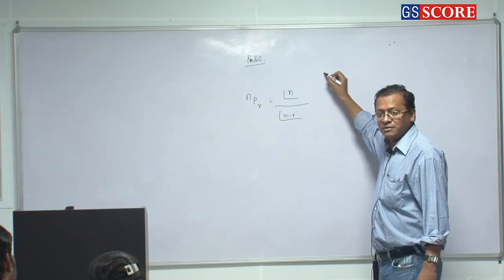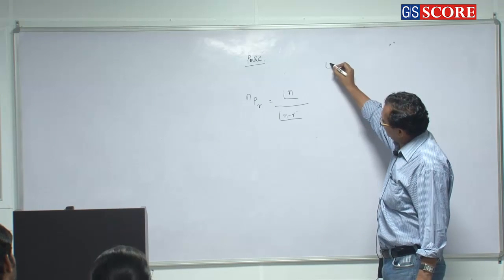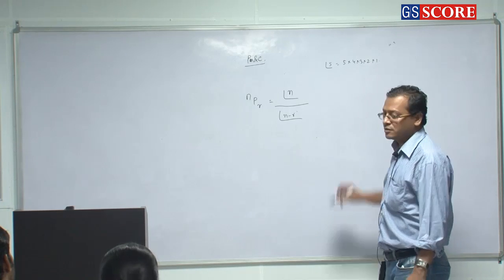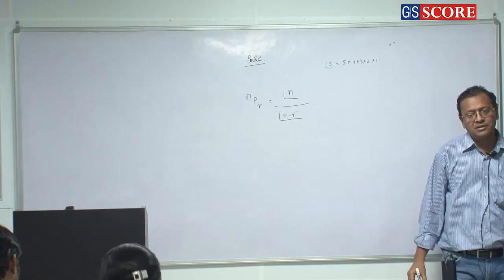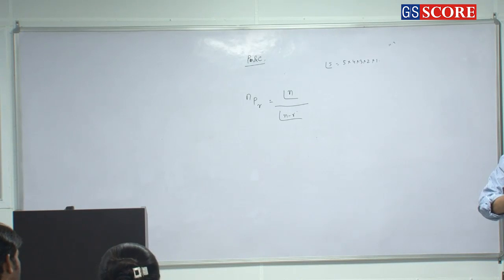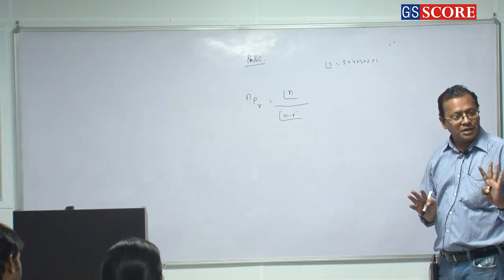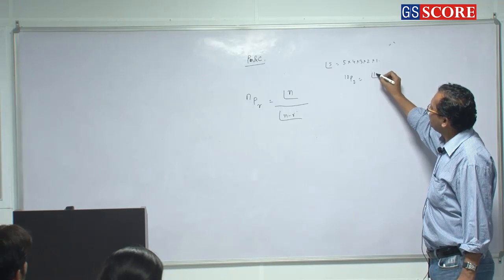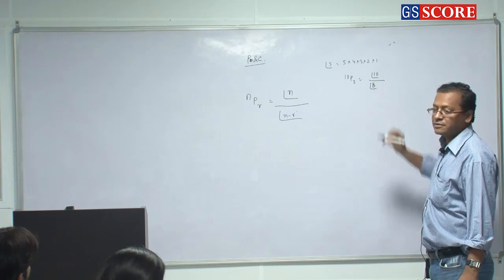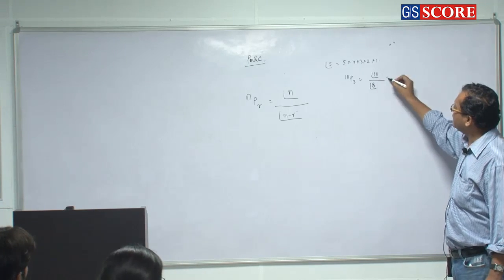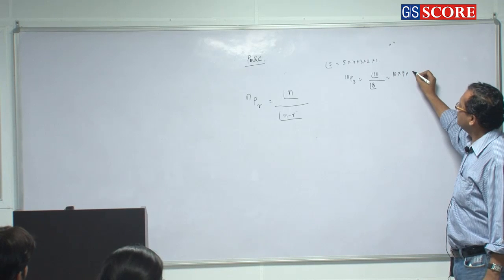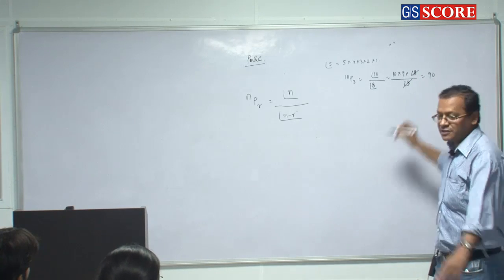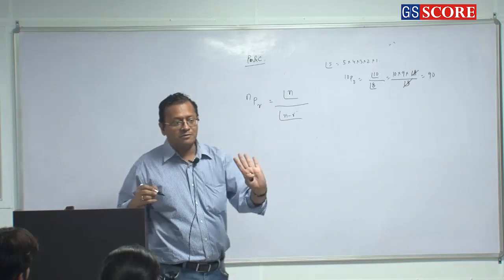What is factorial? When I say factorial 5, I mean 5 into 4 into 3 into 2 into 1. Factorial means multiplication from there down to 1. Everybody clear? So when I say 10P2, it is factorial 10 by factorial 8. Factorial 10 can be written as 10 into 9 into 8 into factorial 8, by factorial 8. It is 90 ways, which is exactly what we deduced for Pooja and Love. Clear or not?